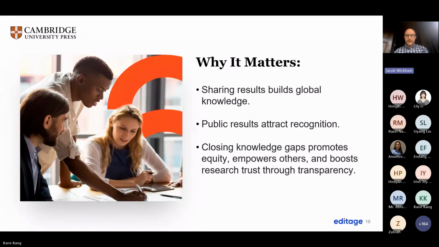So why does this matter? Well, this helps to share global knowledge. It gets your research results out to the general public. You also can summarize it without using technical jargon. You can summarize it for a lay audience. Every year, I get a summary of all the papers that are published in the journal that I edit, and I get the top papers that have the highest altmetric.